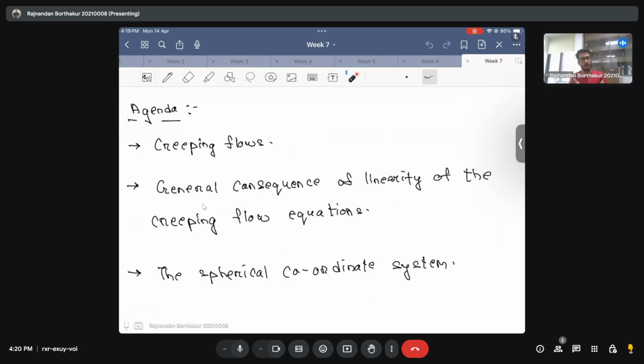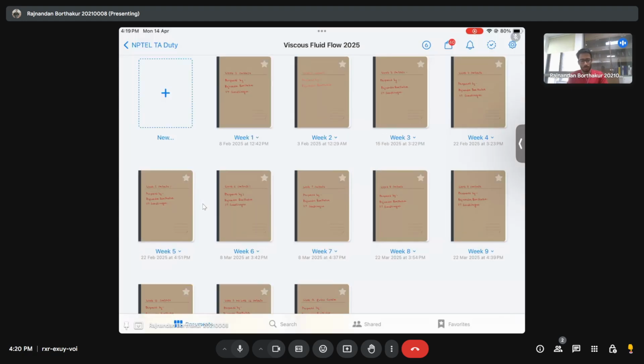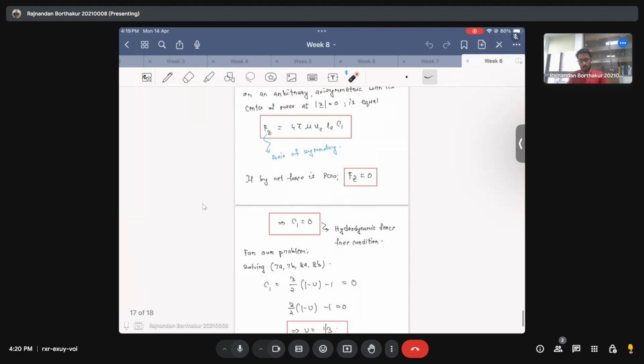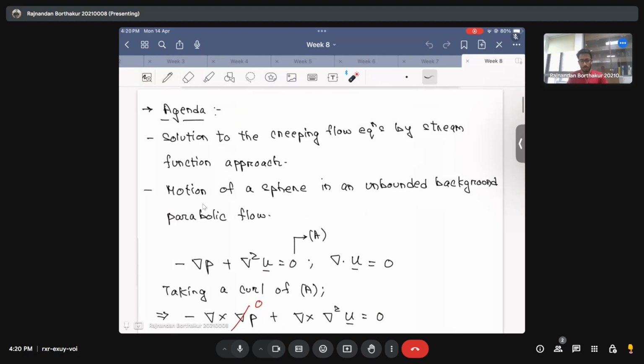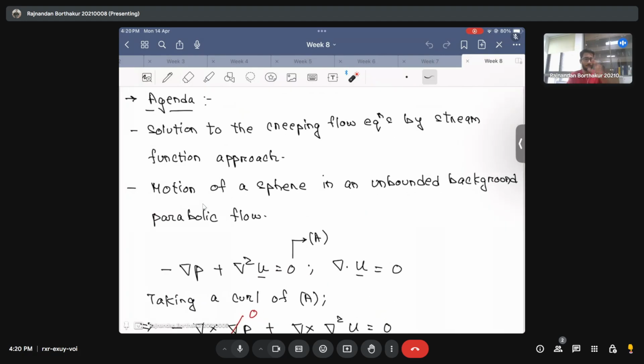And we said that since the creeping flow equations were linear, their drag forces are going to be the same. And this is something that we saw, and we saw the equations of creeping flows. Then we solved a problem involving creeping flows, where we tried to find the solution to the motion of a sphere in an unbounded parabolic flow. Okay. The problem was that there was a sphere and there was a background parabolic flow. What we tried to understand is that if we are looking for a force free scenario,